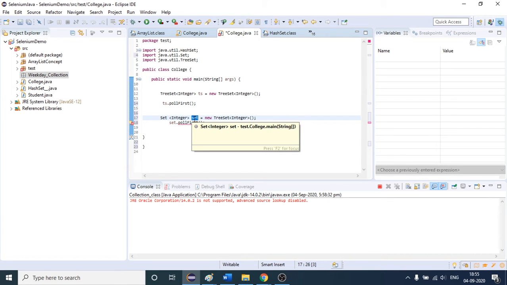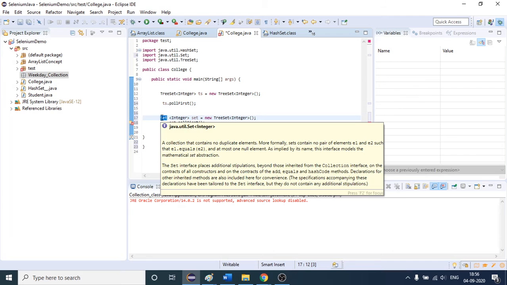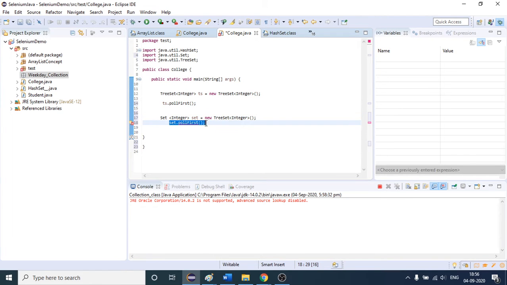But this object is of type Set interface, so this line is saying, let me write it here again: by writing like this, you will be able to call all the methods present in class TreeSet. TreeSet is our class.